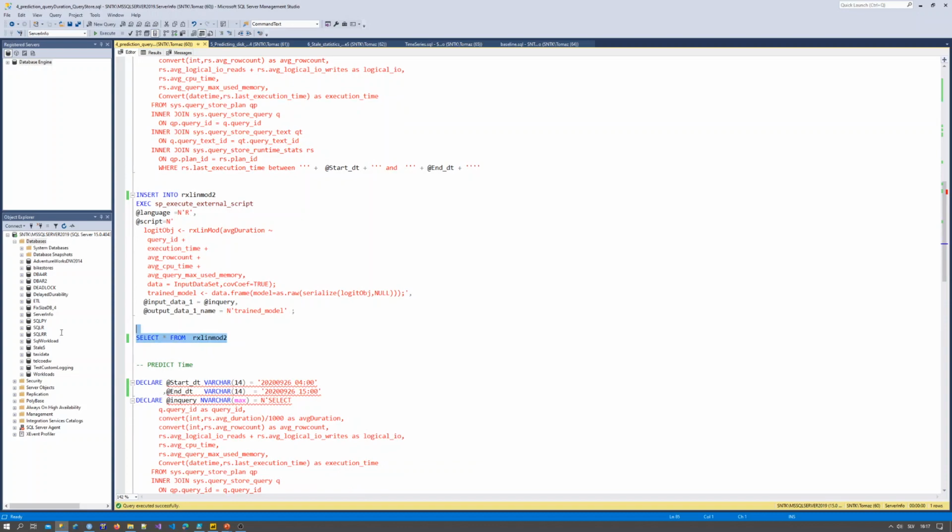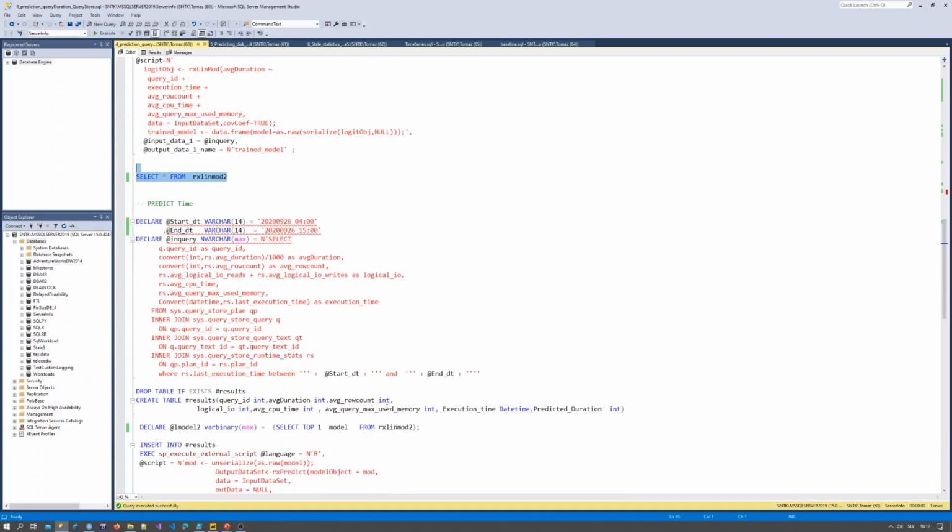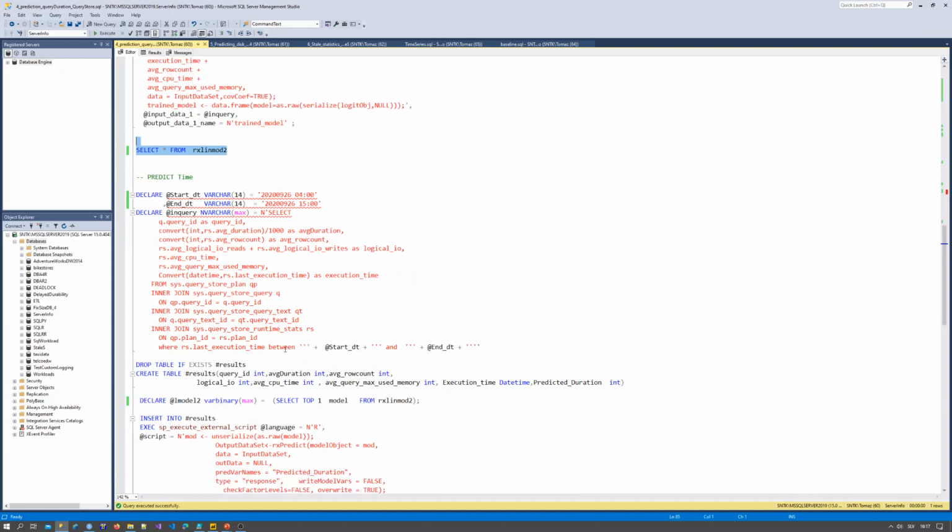So once I have my model stored already in a table, what I will do is try to predict the time for a particular time window, and this is basically today.